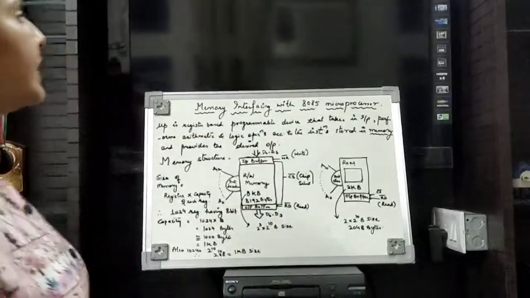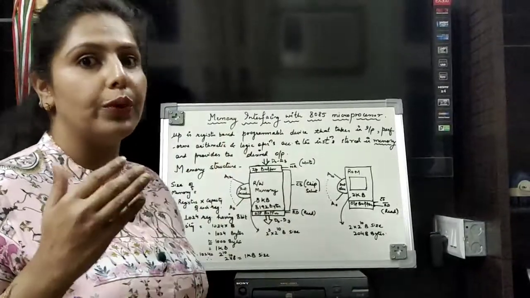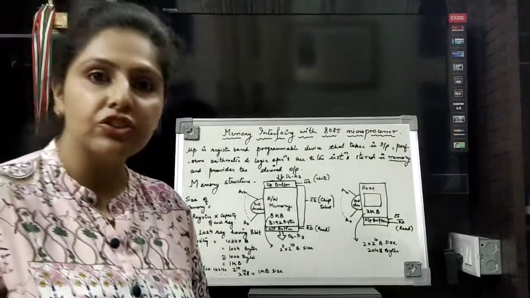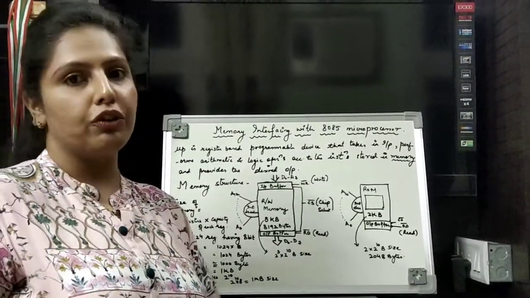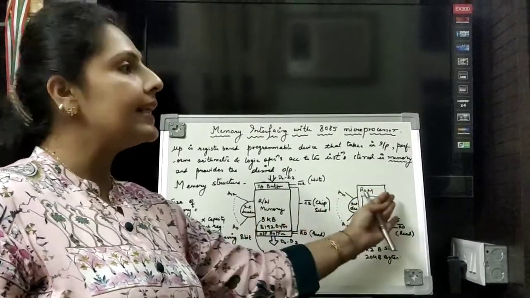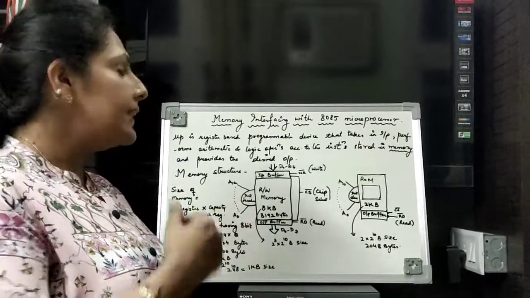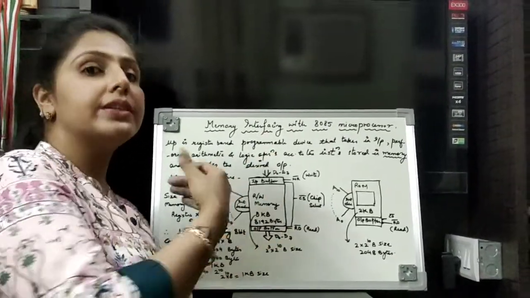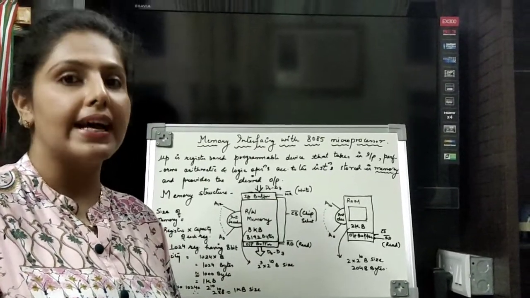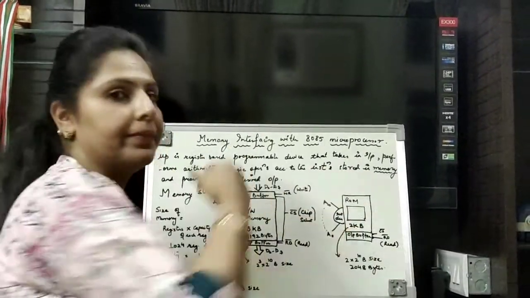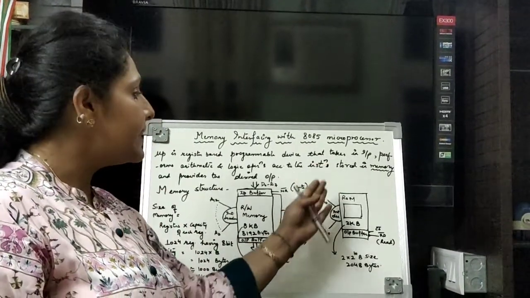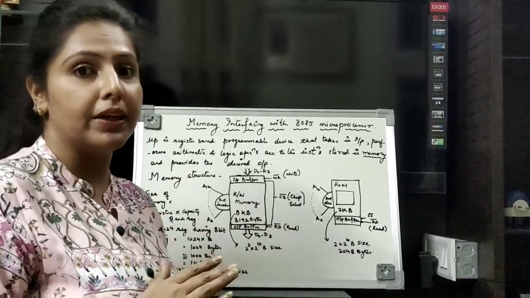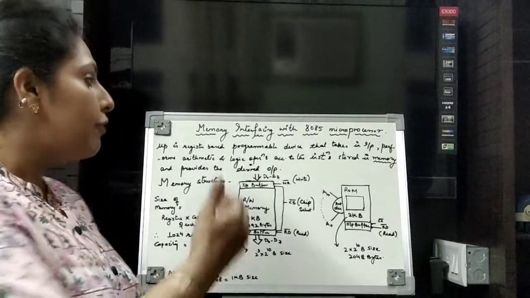Now, before proceeding to the concept of memory interfacing, which is very important in the designing aspect, I would like to explain the memory structure. Basically, there are two types of memory. One is read-write memory and another is read-only memory. As the name indicates, in read-write memory we can read as well as write into this memory. It is also known as random access memory. ROM, that is read-only memory, as its name indicates, is only read-only. So we can't write any program or data into this memory. We can only retrieve the data from this memory.